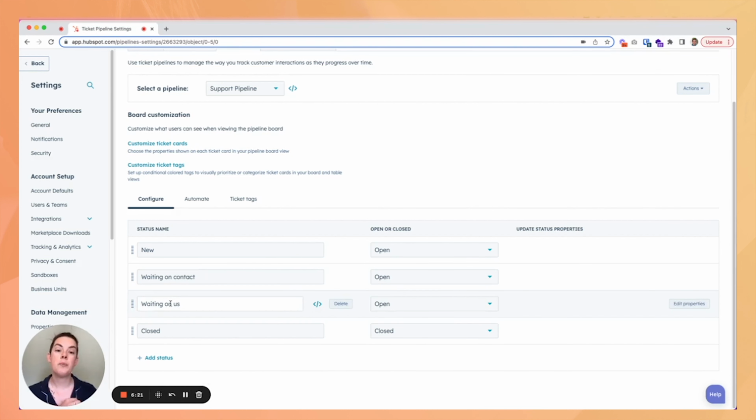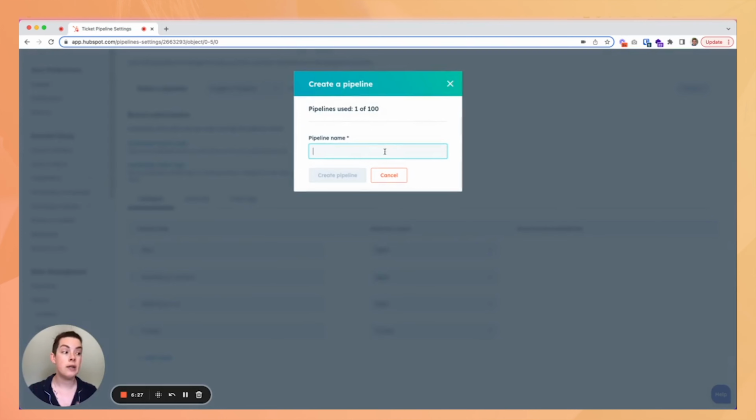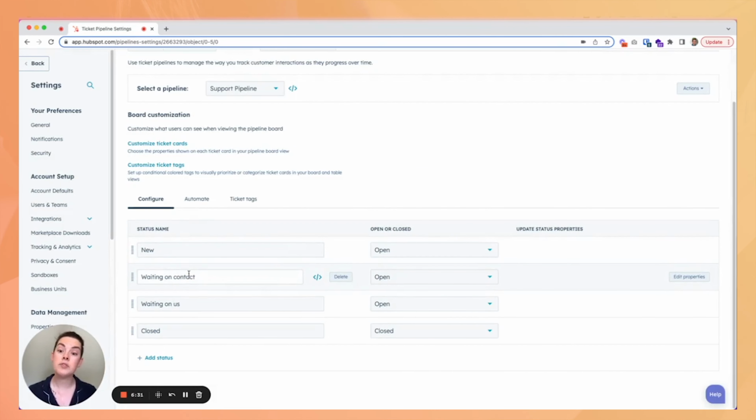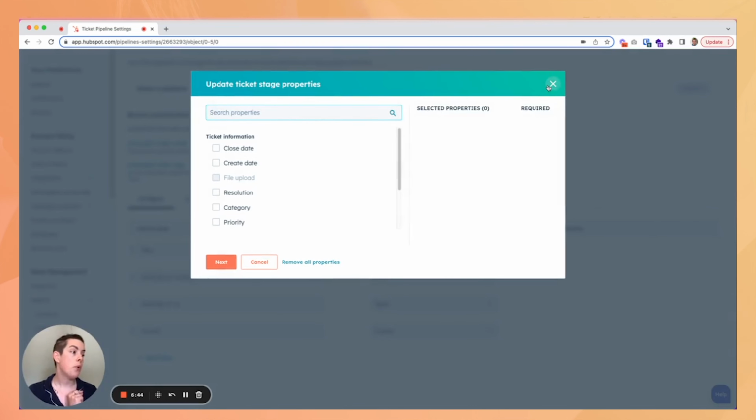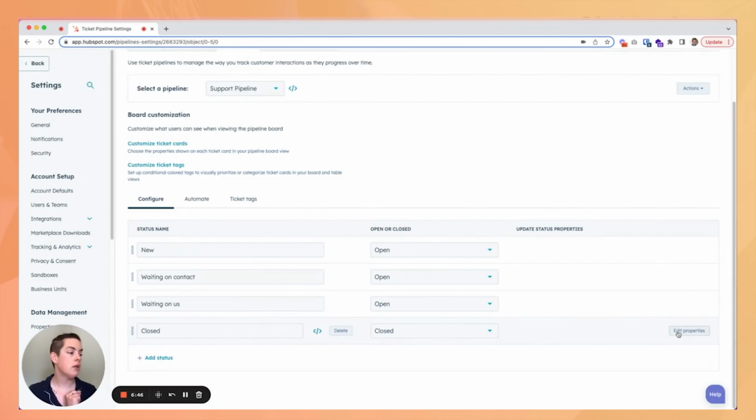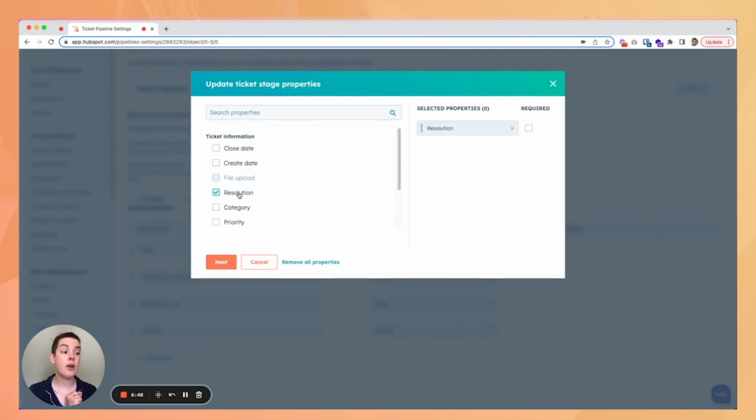To create an additional pipeline, if you are indeed Pro or Enterprise, very simple, you select a pipeline and you create it. You title it and you'll have, we'll skip that part, those standard statuses. You can add different ones, right? But what's kind of cool is that we can add additional required properties. So perhaps before a ticket is completely closed, we would like to add resolution, and we have to make sure